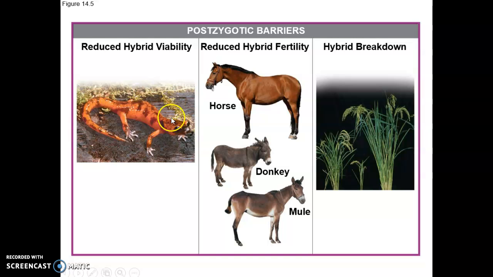Reduced hybrid viability, meaning the hybrid can actually be born, but it has a reduced survivability. Right? It's not going to live long enough to reproduce. Reduced hybrid fertility. A horse and a donkey can actually mate and have a baby that grows up and has a relatively long lifespan. A mule, a perfectly healthy animal. However, mules are infertile. They cannot produce zygotes. So that tells biologists a horse and a donkey are